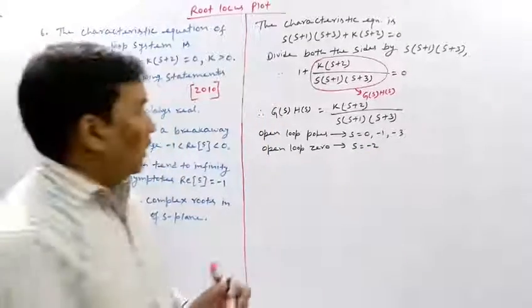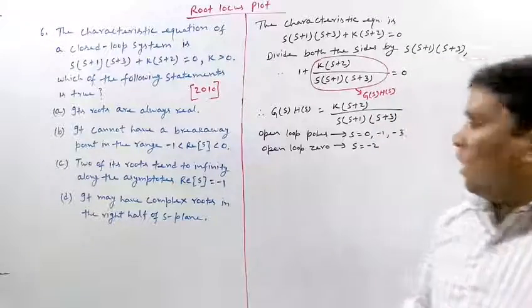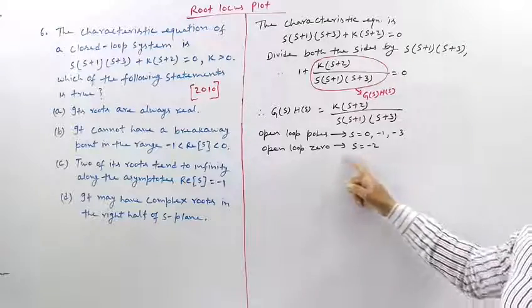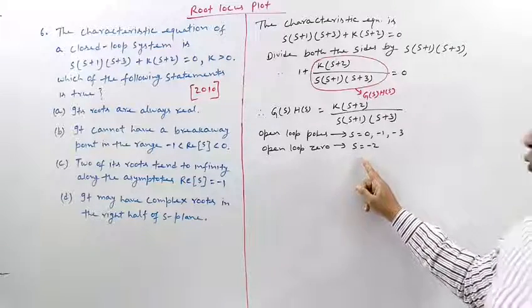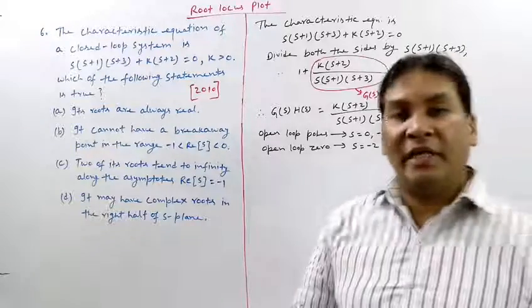So the root locus will have 3 branches. Out of 3 branches, one branch will terminate at the open loop zero, that is at s equal to -2, and the rest 2 branches will terminate at infinity,